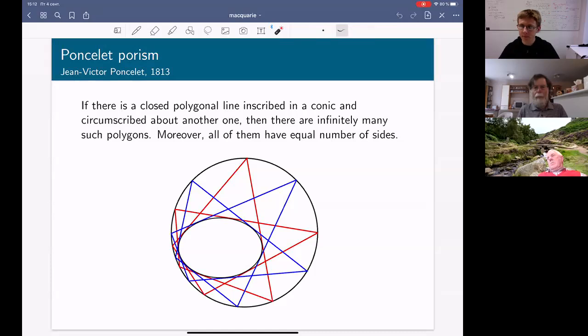Porisms were mathematical problems or statements which were, by their classification, neither theorems nor constructions. So why does the Poncelet porism deserve that name? You can imagine the following construction problem. Let's have two conics in the plane. Please construct a heptagon inscribed in one and circumscribed about the other one. That sounds like a completely legitimate